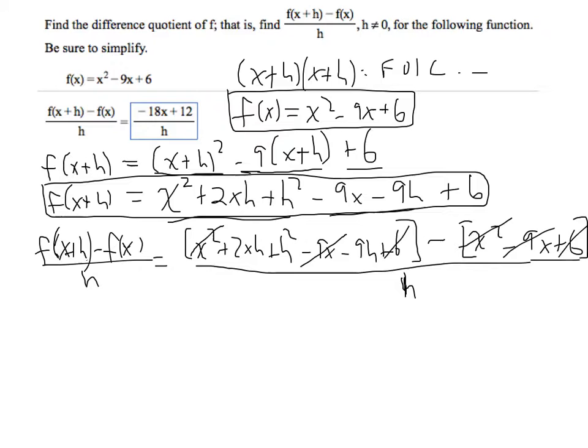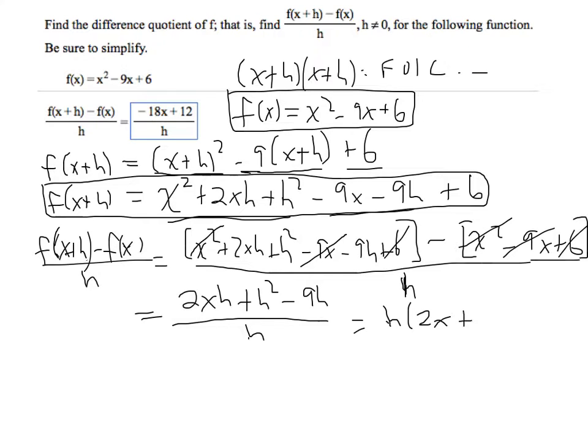And I think that's it. So lots of stuff subtracts itself away in the numerator. And now what I'm left with in the numerator is a lot simpler. It's 2xh plus h squared minus 9h. That's all that's in the numerator. It's not been canceled out. And that's divided by h. Now, it simplifies even more than that because in the numerator, I can factor out an h. Every term in the numerator has an h in it. All three of these terms have h's. And so I can factor out an h, and what I'll have left up there is 2x plus h minus